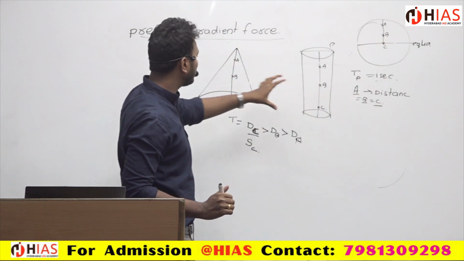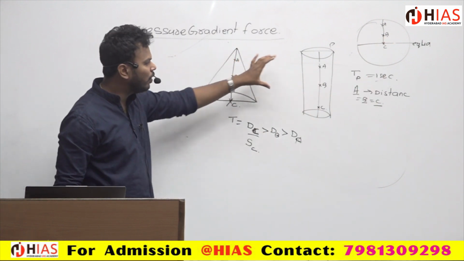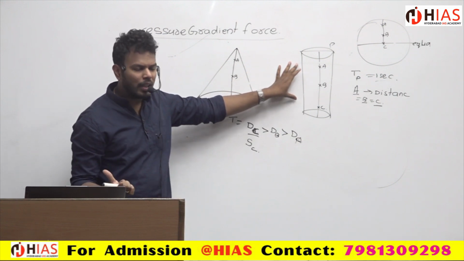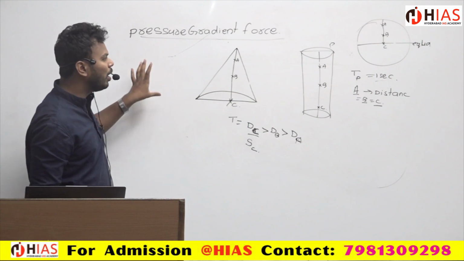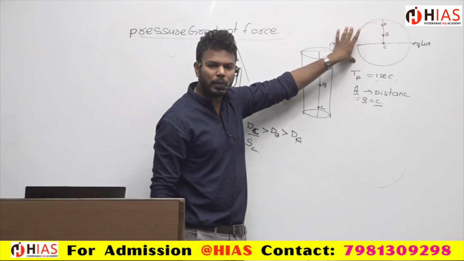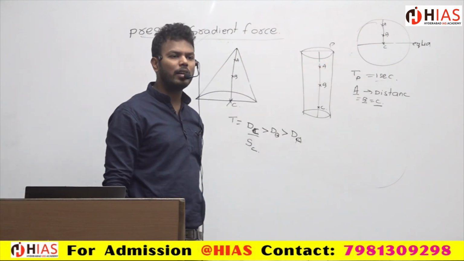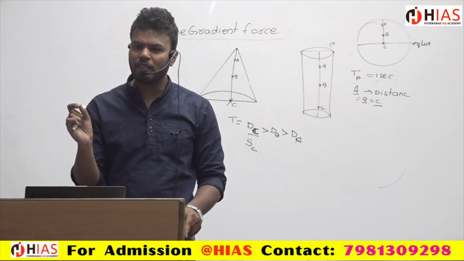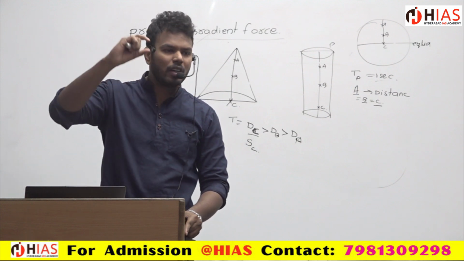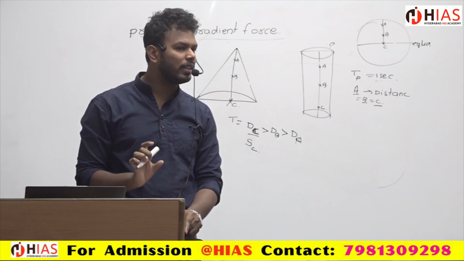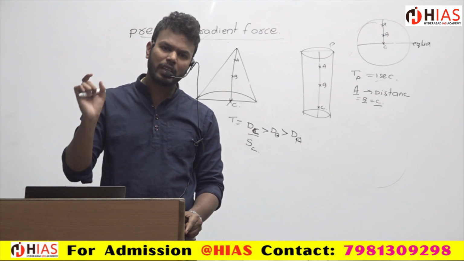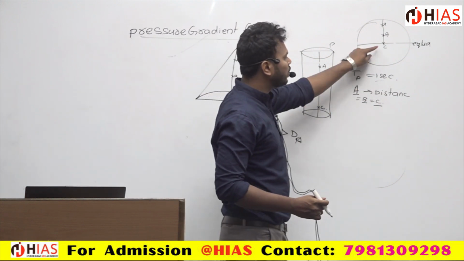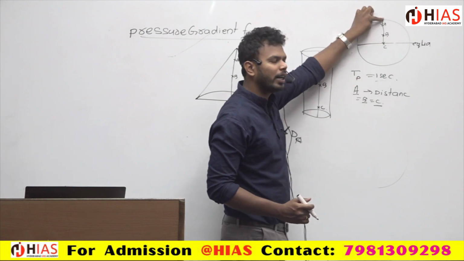That is why I compared these. In the cylinder, they travel equal distance, so the speed is the same. But in the cone, that is different. Similar to the cone, I am imagining the sphere. So from this, I can conclude that the speed at the equator is the highest, and from the equator towards the poles, the speed will be decreasing. Okay? So the thing is, if a person stands over here, and if a person stands over here.